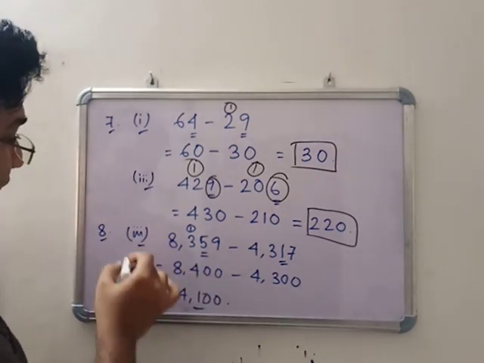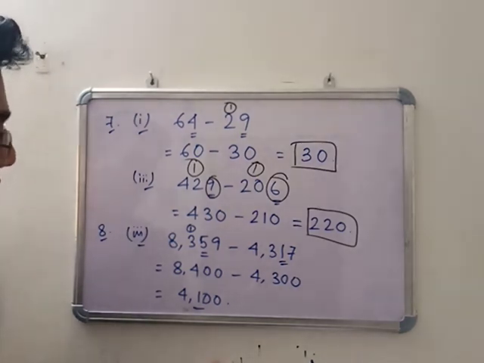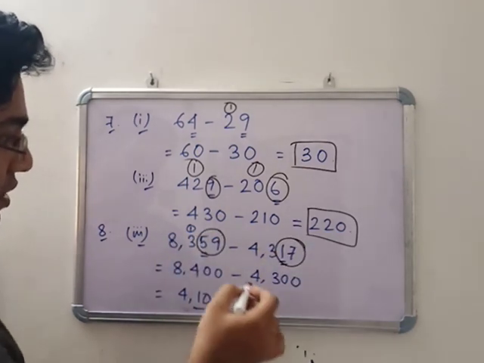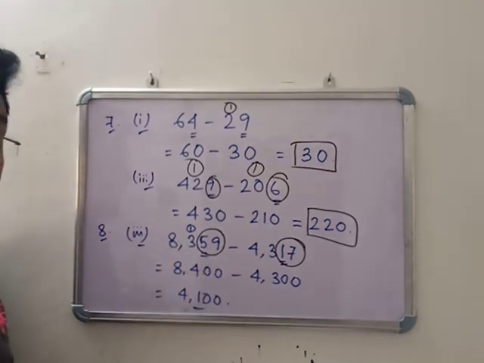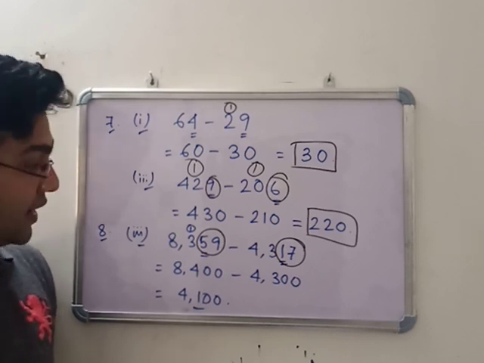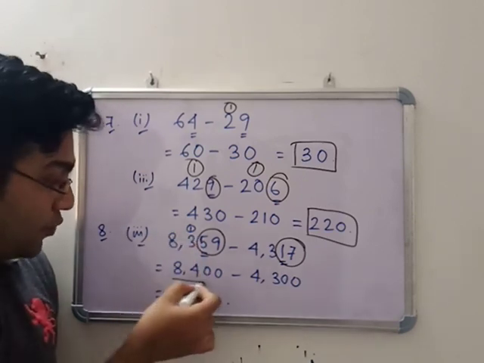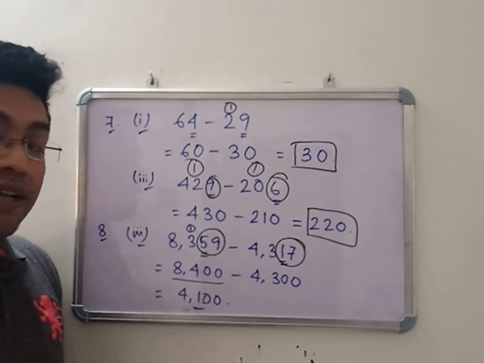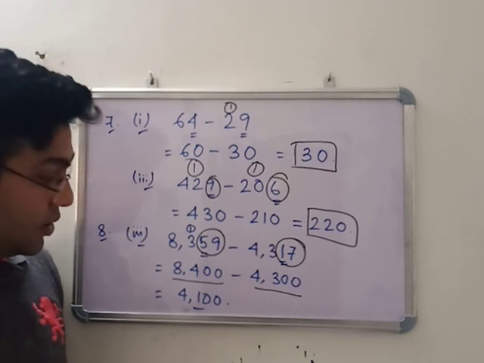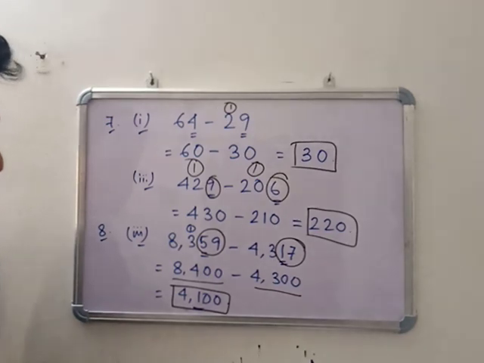And here, number 83, subtract in 100. Okay. So 100 means, see that, you have to choose the last two numbers. So that means 59 is given. So 59 means is it less than 50 or greater than 50? That means 1 is added over there. So this is 8400. And this is 17, that means less than 50. So no number is added over there. So subtract, we get the answer. Note it down, all of you.